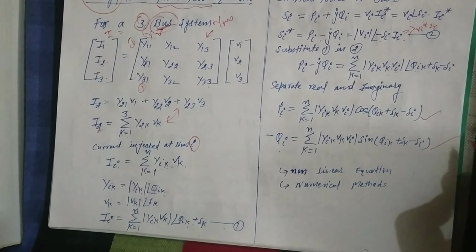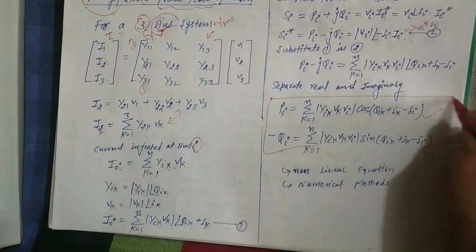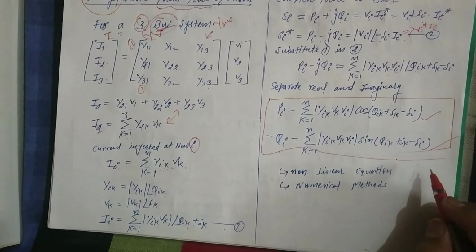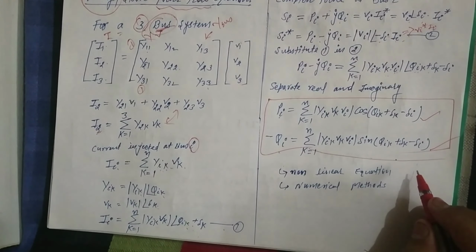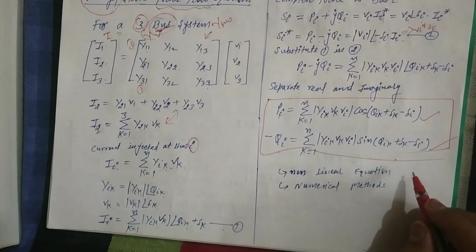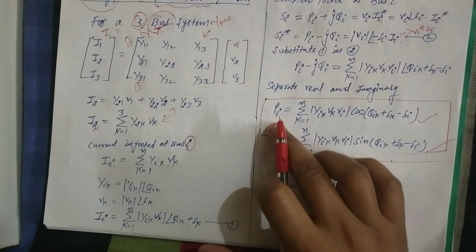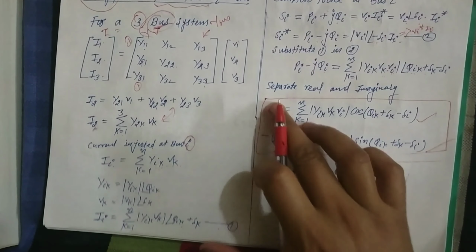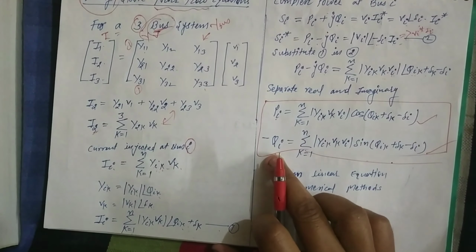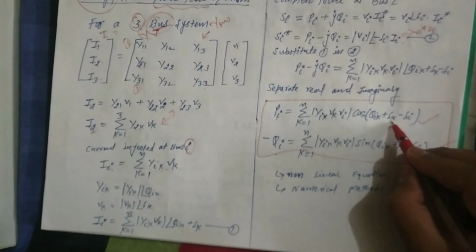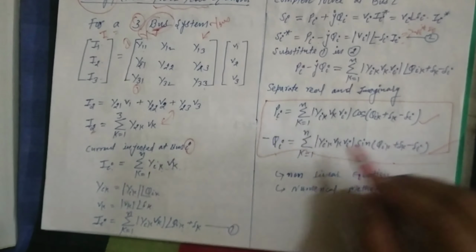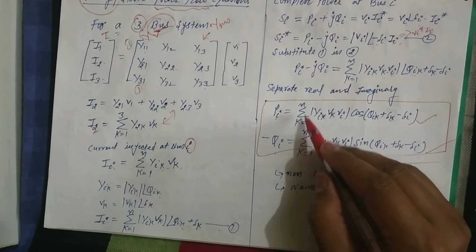So in this way, these two equations are called, in load flow analysis, power flow equations, or static power flow equations. There are so many names for this. This is the P and this is the Q, active power and reactive power for the bus system. If k is there, you can go for n number of buses, k is 1 to n.